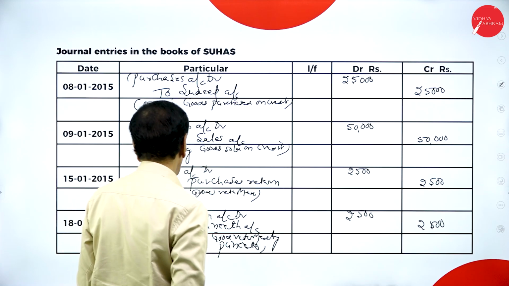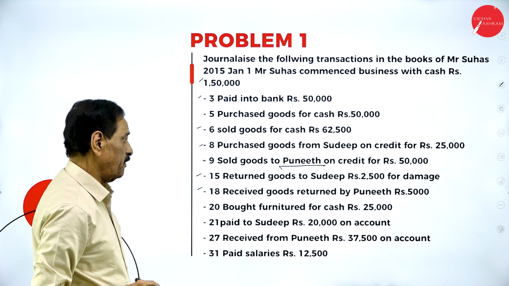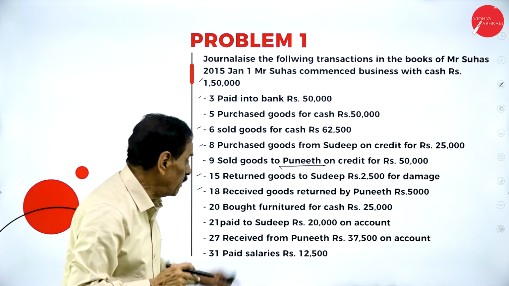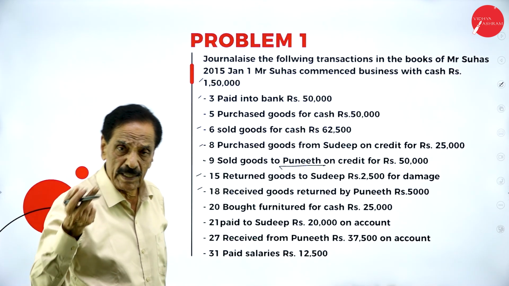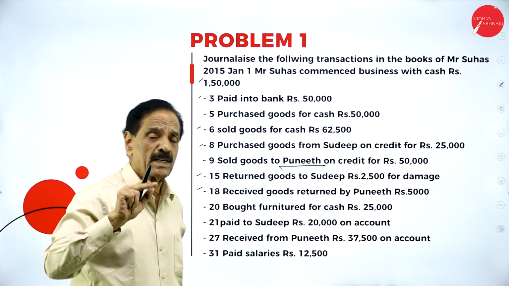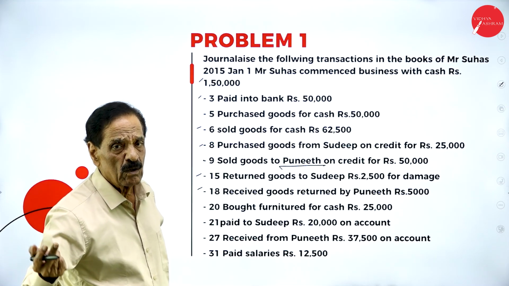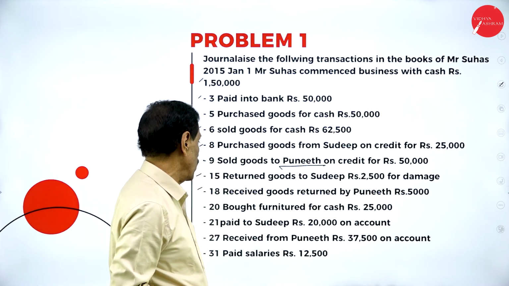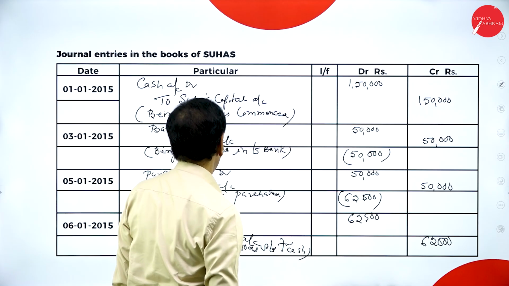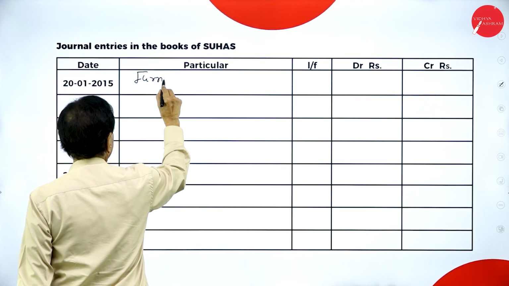So that is 18th. Then on 20th, bought furniture for cash. So what is coming in? Furniture is coming in, cash is going out. Furniture comes under real account, cash also comes under real account. What does real account say? Debit what comes in, credit what goes out. That is on 20th. Furniture account debtor